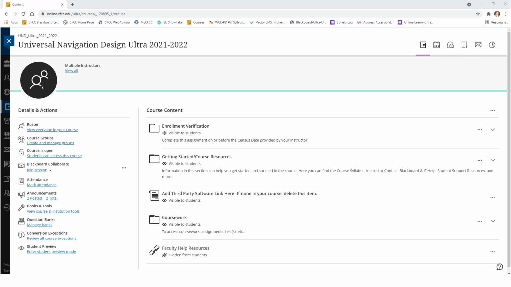The Universal Navigation Design, also known as the UND Template, is a course shell in both Original and Ultra courses that is used as a template in all internet, hybrid, and blended courses. With the UND, you will still have complete control over the content in your course. However, there will be a standard course organization to the folders in your course and the buttons in the course